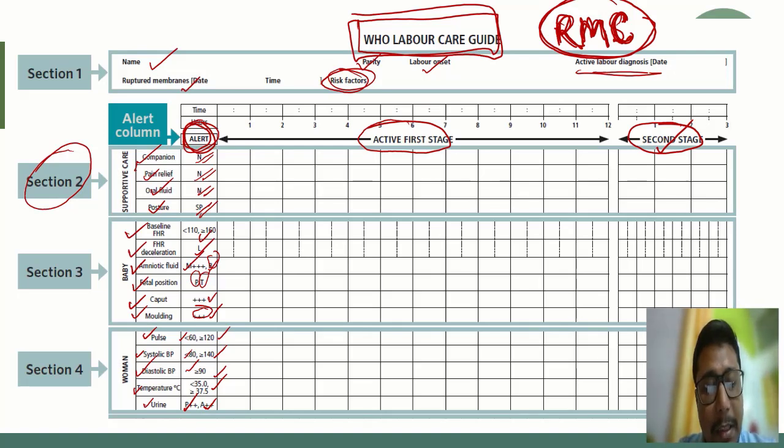So if maternal pulse is less than 60 or more than 120, if maternal systolic BP is less than 80 or more than 140, if diastolic BP is more than 90, temperature less than 35, that is hypothermia, or more than 37.5, that is 100 plus temperature in the mother, or urine showing protein plus plus or albumin plus plus. So these are the alerting features. So this alert column, instead of alert line, we will be seeing alert column in this